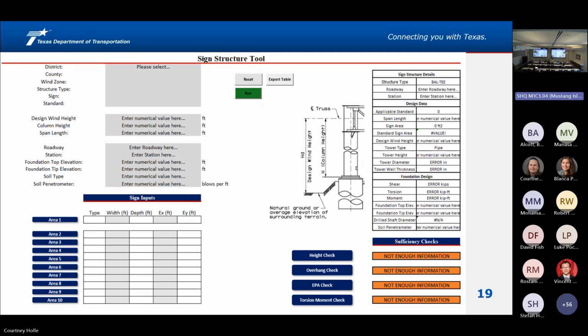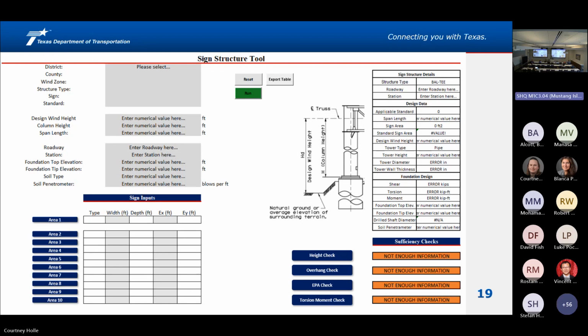We've been getting a lot of requests recently about people changing out their signs, right? What they can do is use the spreadsheet and put in the new sign areas and see if their current design works or not. So we're seeing this tool as helping people that maybe aren't the structural engineers. Maybe they're out in maintenance, or in offices saying, hey, we need to change these out. Will it still work? And they don't have to come through us to do the calculation.